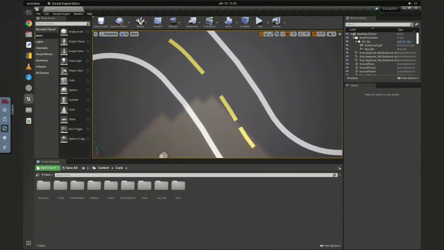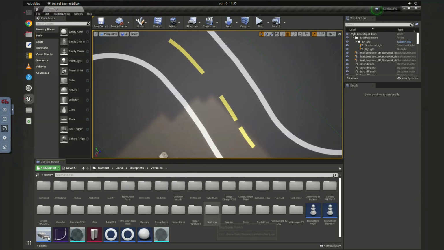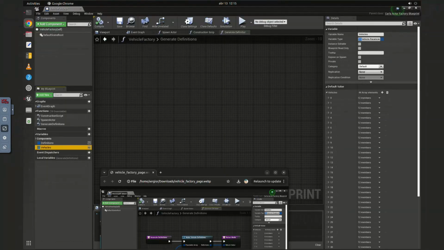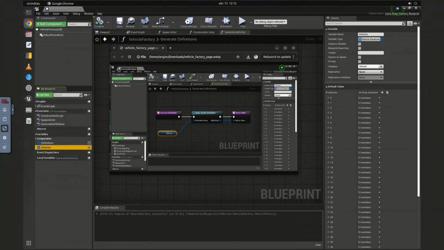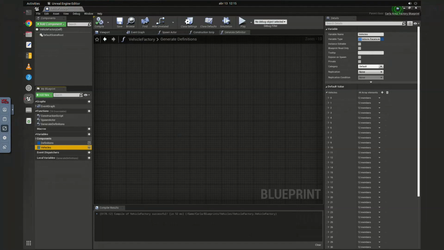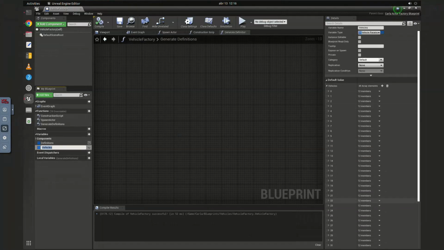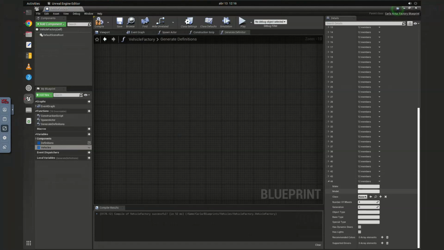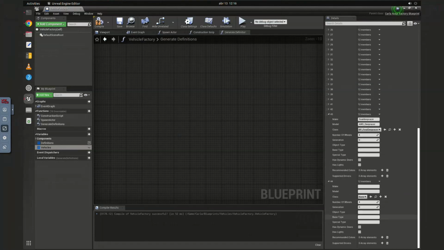So we need to go to Carla, blueprints, vehicles, and open vehicle factory. Here you need to click on vehicle, the one that you can see the icon right there. In my case it's not appearing because I have it like shadowed, but I can click on there. We add a new one, which in my case is the last one is 44. See that the 43 is the one that I just did before, the debracer that I'm using,